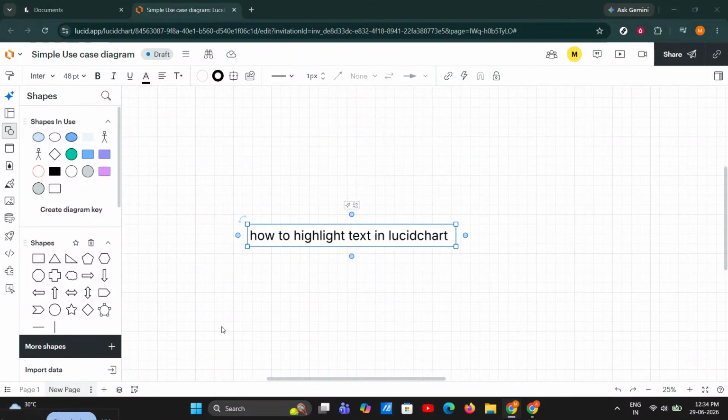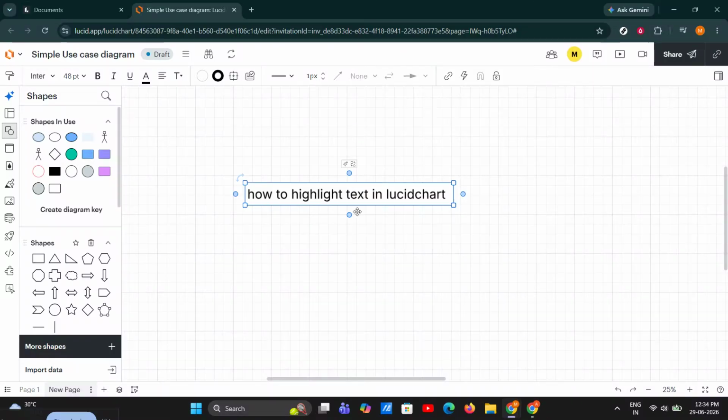If you want to learn how to highlight text in Lucidchart, you're in the right place. In this video, I'll show you the simplest ways to make text stand out inside your Lucidchart diagrams, whether you want to emphasize just a few words or highlight an entire text block. This is a great trick for organizing flows, calling attention to important labels, and making your charts easier to read